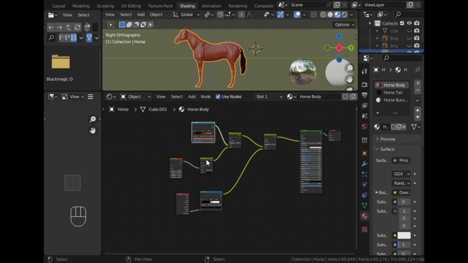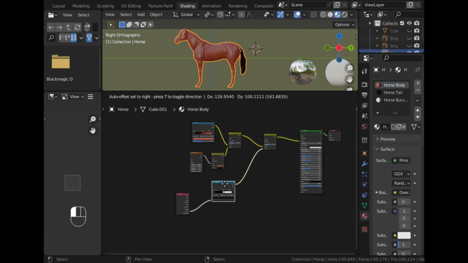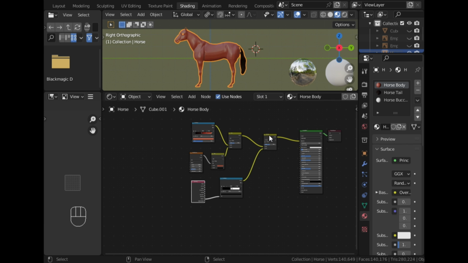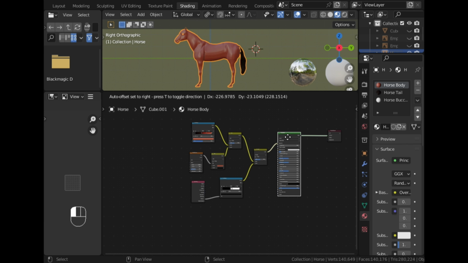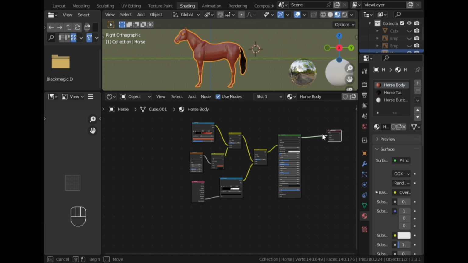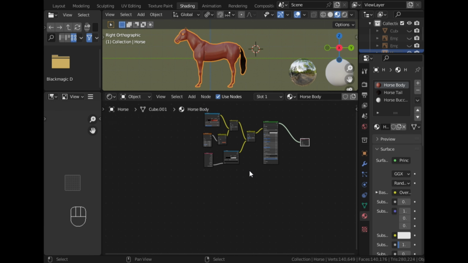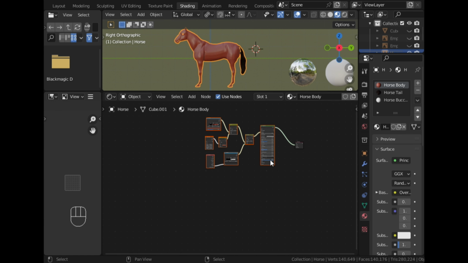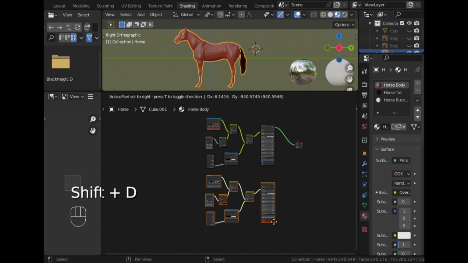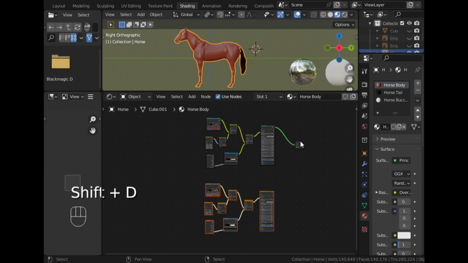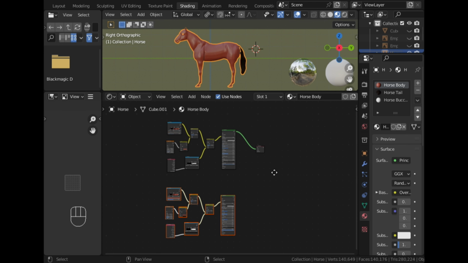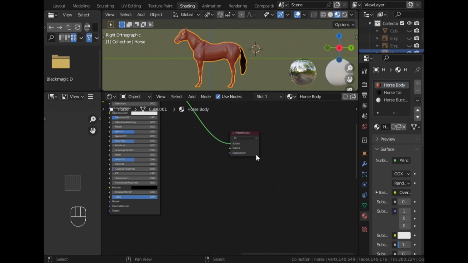Now I'm just rearranging the position of these nodes. Now copy this whole node tree except the output node. Bring this output node downward